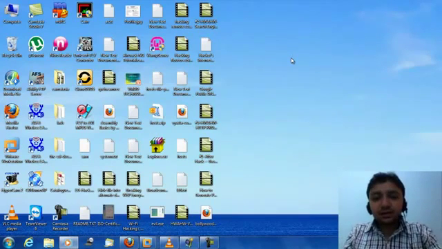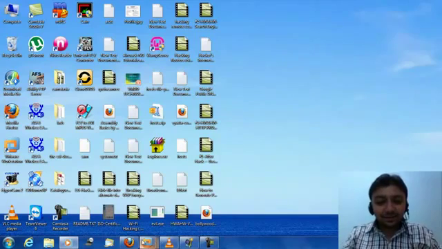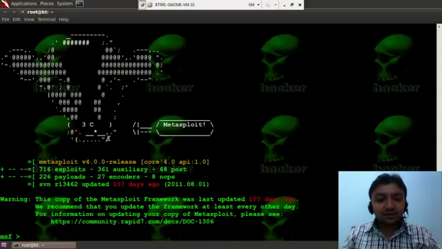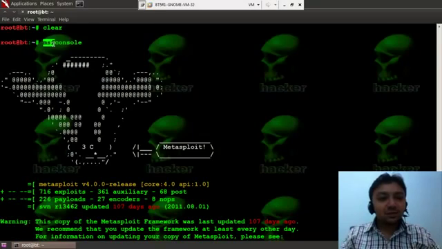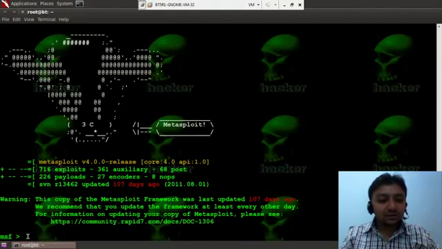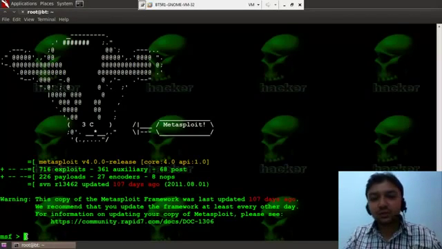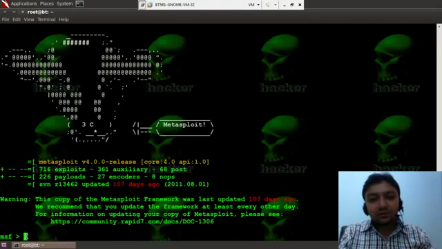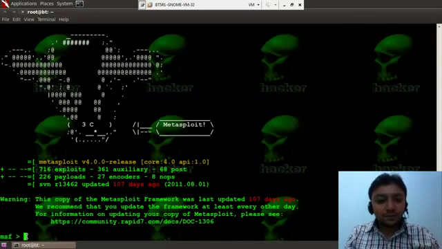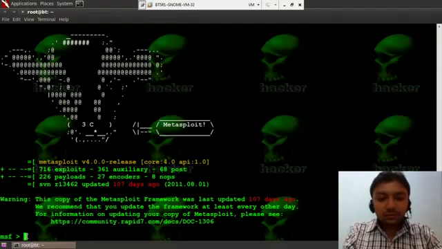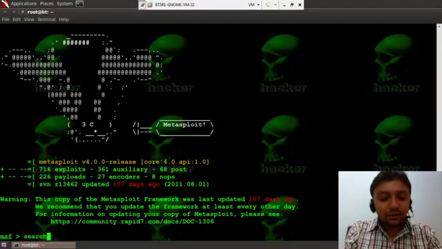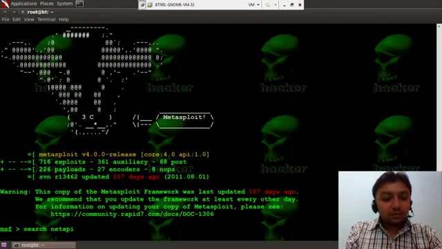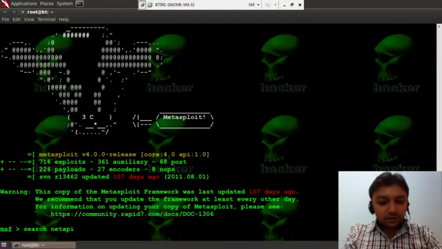So let's start hacking. Okay, so this is my BackTrack instance. This is msfconsole. I've already opened an instance of msfconsole. msfconsole is nothing but a command line platform for your Metasploit framework. What I'm gonna do is use the same vulnerability which I used in the previous video, the NetAPI. I'm searching for it,